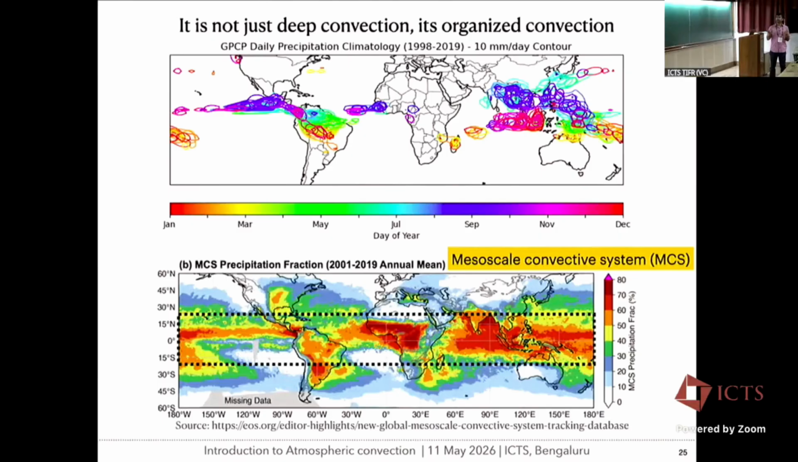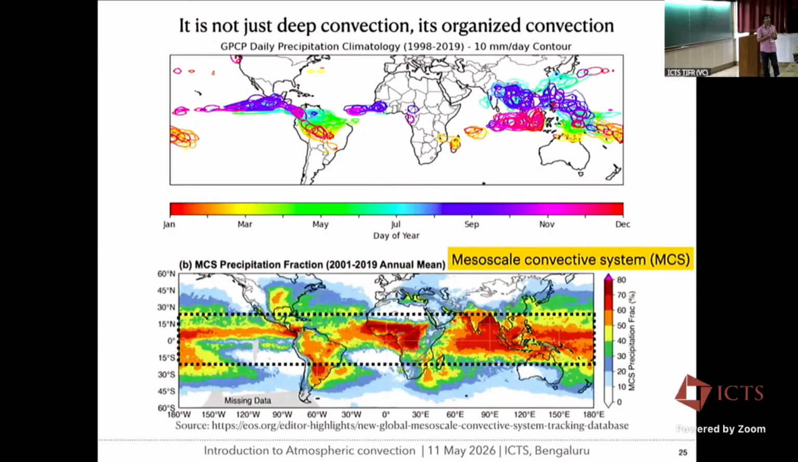You have the strongest rainfall bands there. And to prove that, I have this MCS precipitation fraction. So this is again a measured, observed plot from convective system tracking. And we have this annual mean precipitation coming from mesoscale convective systems. This precipitation explains a major part of the rainfall that we get in the